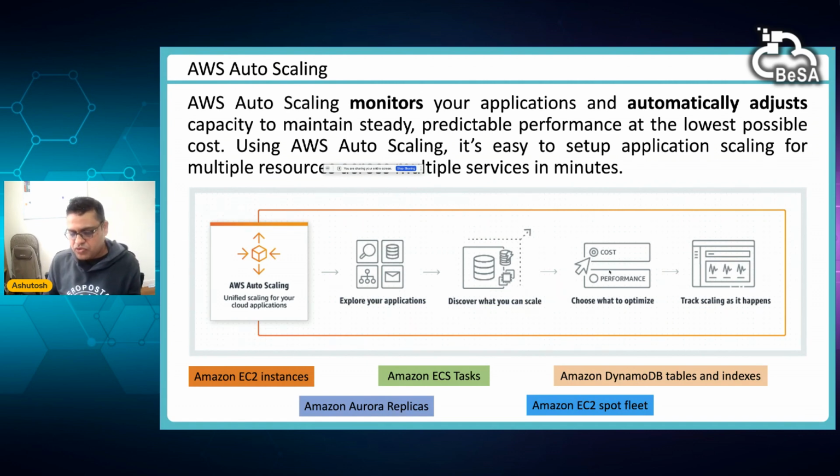So suppose you have one web application, an invoicing application, and you baseline it to run on 5 servers.